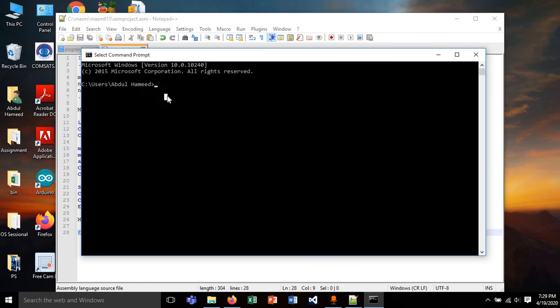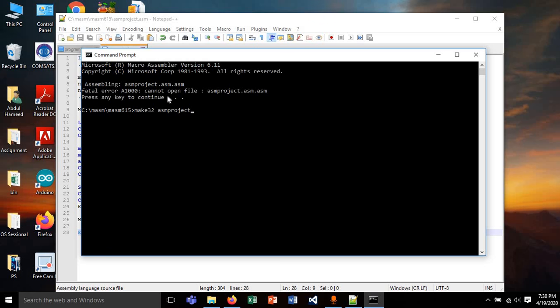First of all we have to go to the directory of Masm 615. First of all we will have to assemble the program. So we will write make32, as we are using 32-bit assembly language, and the name of